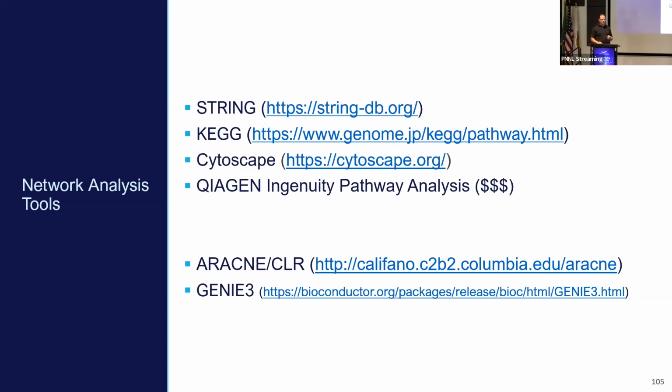Cytoscape is a great tool for just exploring biological networks. It takes a little bit more work to get your networks, but there's lots of plugins to Cytoscape that allow you to download networks and to input your own sets of genes. If you're really interested in inferring networks, there's a couple of tools that we've used quite a bit, and I won't go into the details of those, but